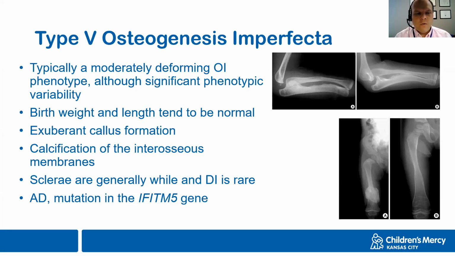And they also have a tendency over time to get calcification of the interosseous membranes between the radius and ulna, and that calcification can result in limited mobility of the forearms. And again, that can be a diagnostic clue when you do a physical exam on the patient, which is hard to do for telemedicine, I grant you, but can be really helpful for you, and is also in many cases pretty obvious on radiograph. And these patients generally do not have blue sclera. They generally don't have DI, and these are both pretty rare. And these are changes to a gene called IFITM5 or BRIL. So that's type 5 OI.